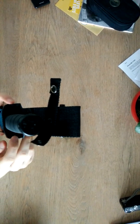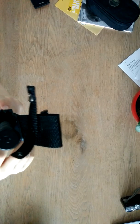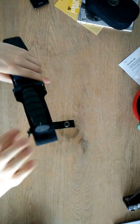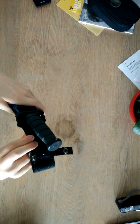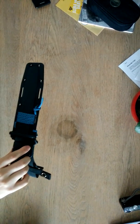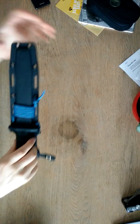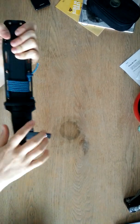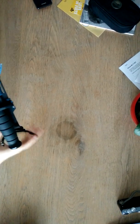Like here on the sides are these round knobs, and they click behind the handguard and they keep it in place. And when you want to take the knife out, you have to push this down. When the sheath is new, it's a bit hard, but now it's a bit worn in, so it's really easy. Put your thumb, it's really easy, and it just gives a really nice positive snap when it's clicked